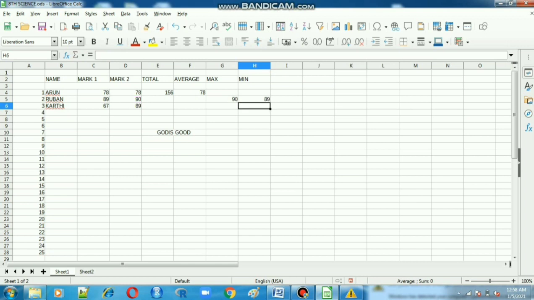See here, 89 is the minimum value. That's why the minimum value will be displaying here. Like that we have to find out the statistical functions.